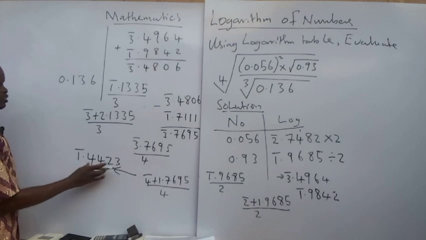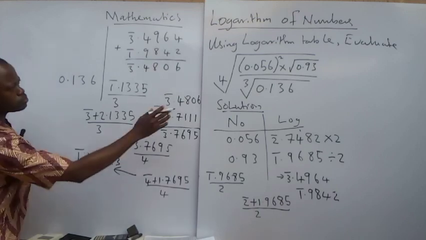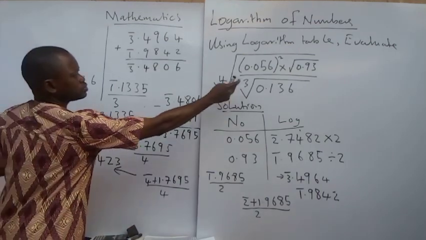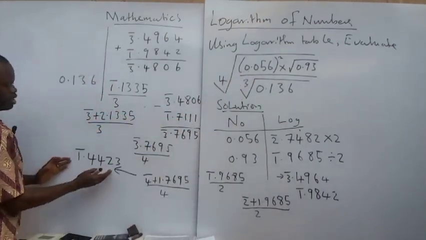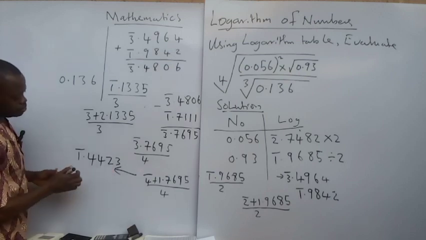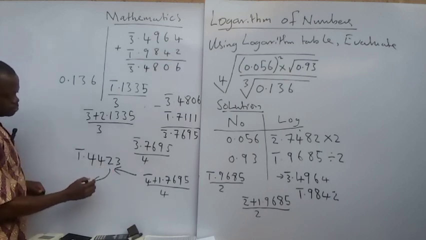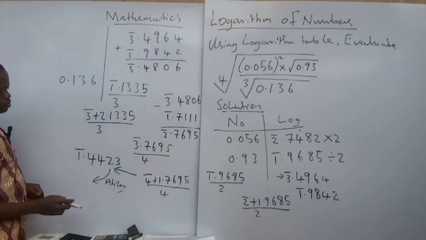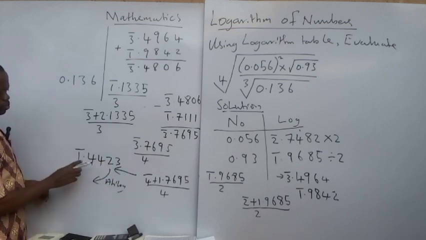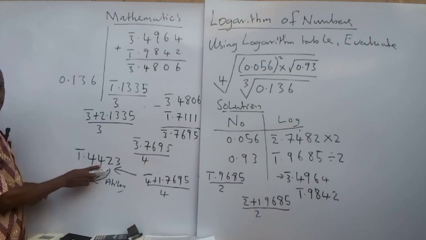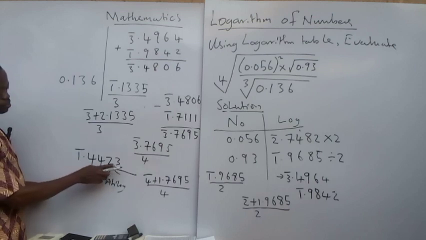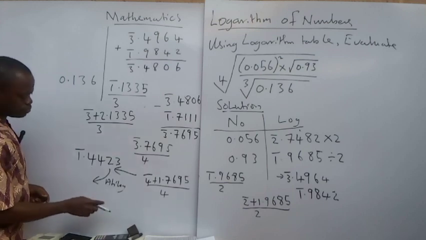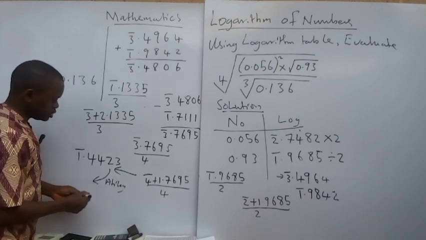So it is at this level we are now through with all the processes, all the things that we need to do here have been completed. Right now, I'm going to look for the antilog of this value. Okay, and you know the procedure. 0.44 in your logarithm table. 0.44 under 2, difference 3. Then this difference will also take effect in that figure. All right, so let's quickly get that.